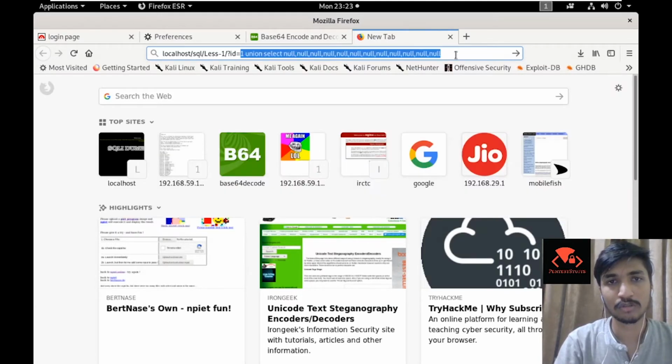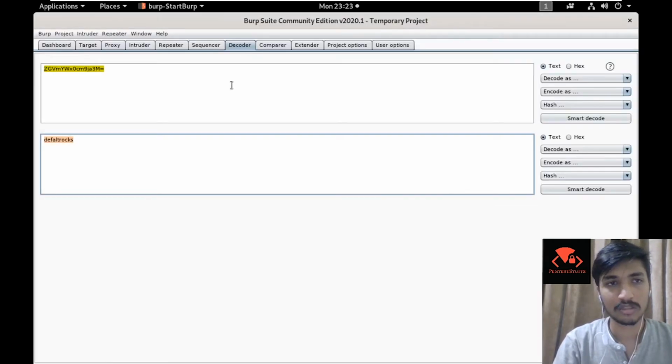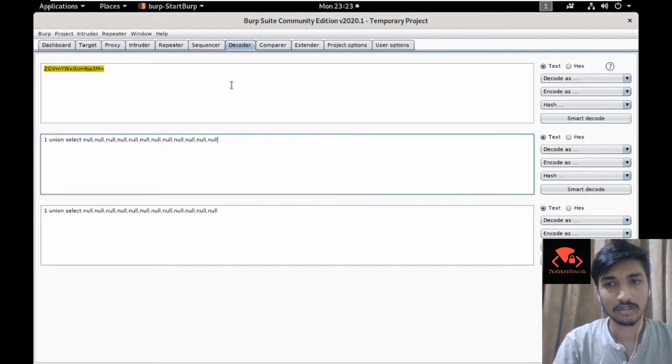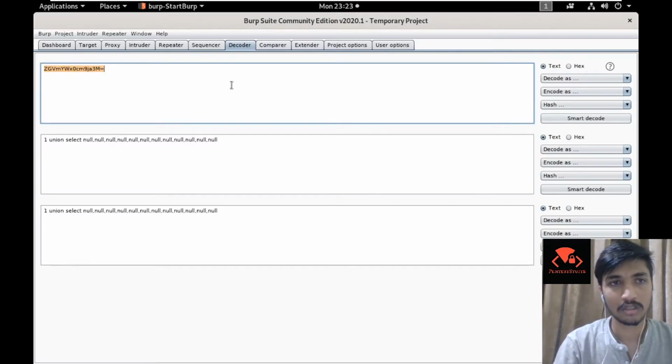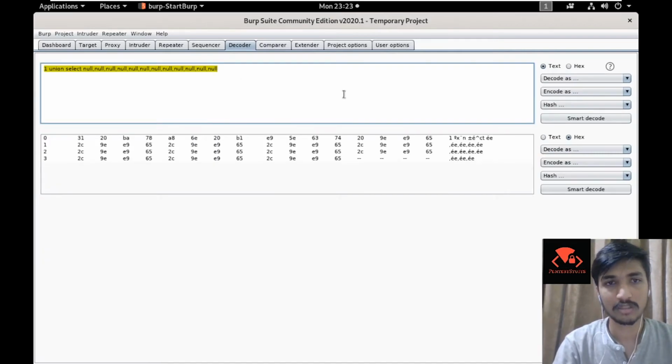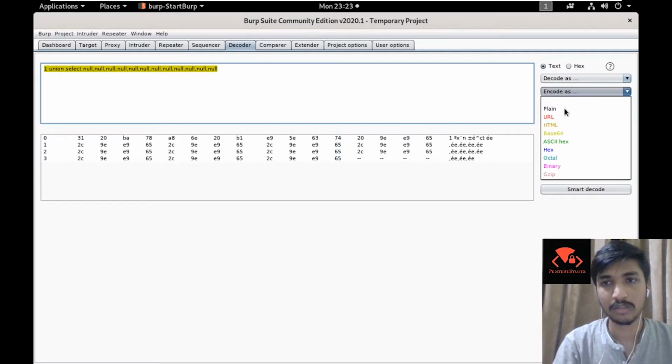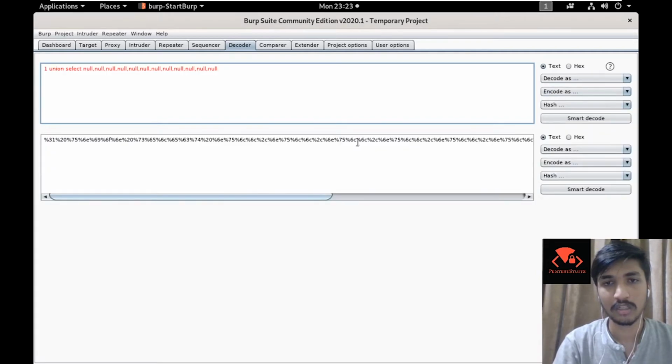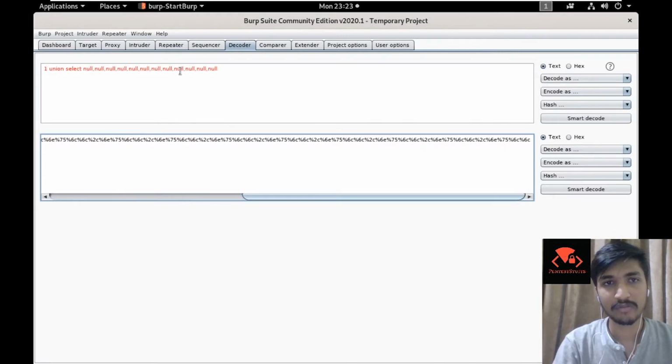If you want to encode these spaces, you could just do it like this and then encode as URL, and you would get this encoded string. If this thing does not work, what it does is encode this into hexadecimal, and then you could just send it over for testing. So this is how Decoder works.